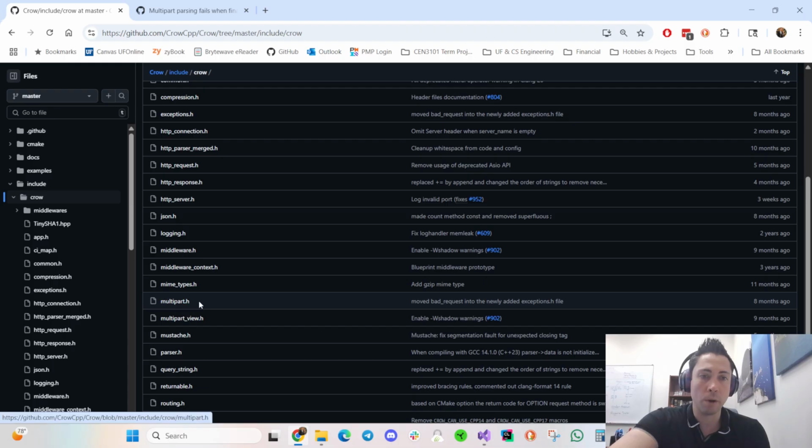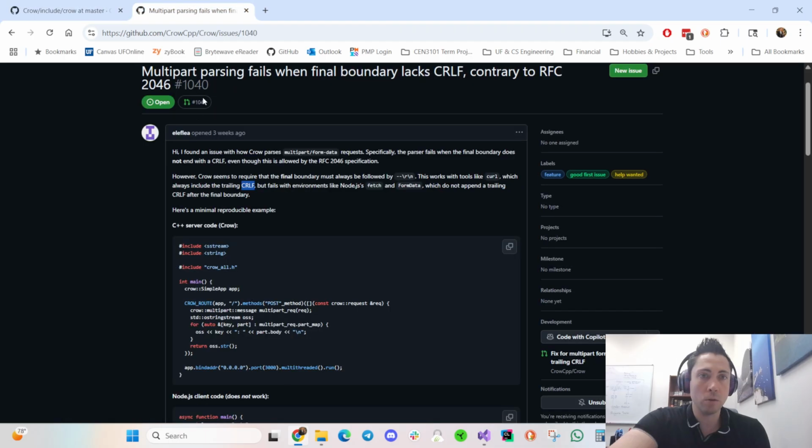The one we're going to be primarily looking at is the multipart.h file. That's because the issue that I chose to work on reported problems with the way Crow parses multipart form data. This is a type of HTTP data or content type that's very commonly used by websites. In short,